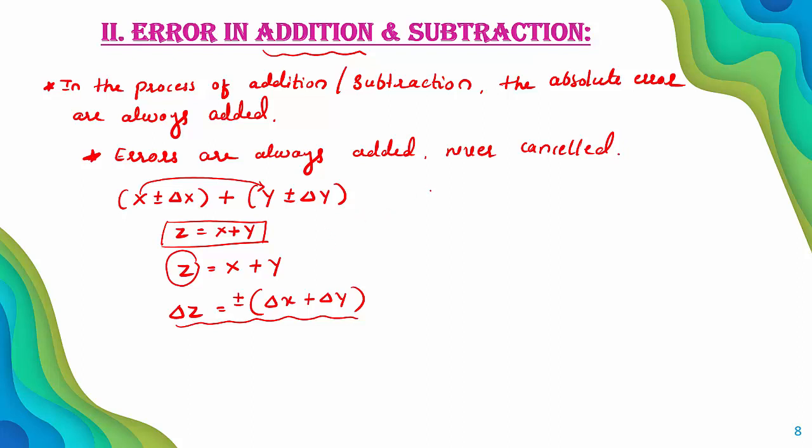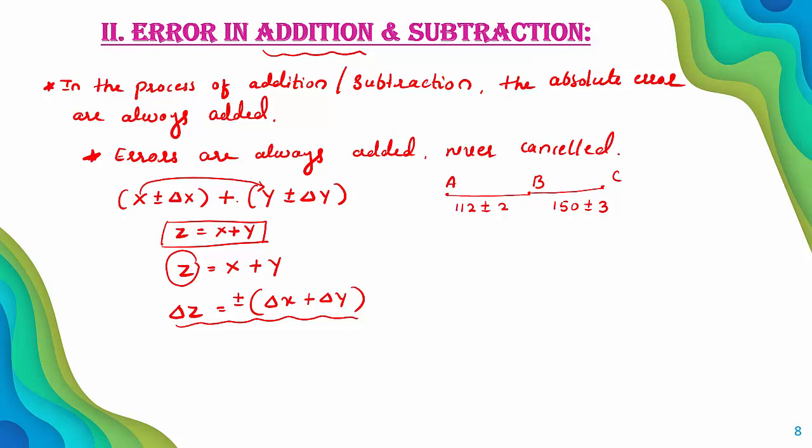I will give you one example. You can observe here. Let us consider 3 points A, B and C. The distance between A and B is, let us consider, 112 centimeter plus or minus 2. And the distance between B to C is 150 centimeter plus or minus 3 centimeter. That may be, there is a certain error, plus or minus 3.